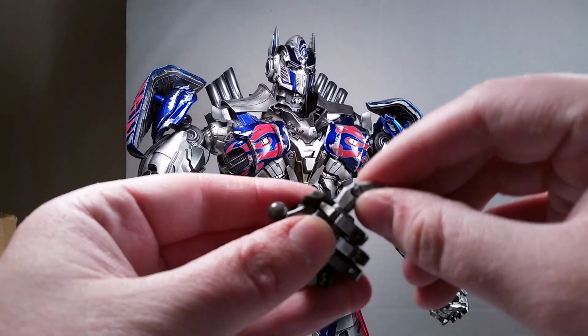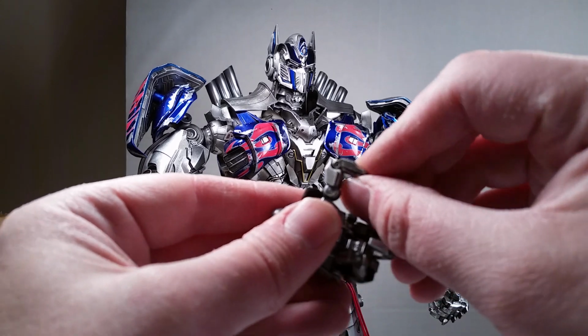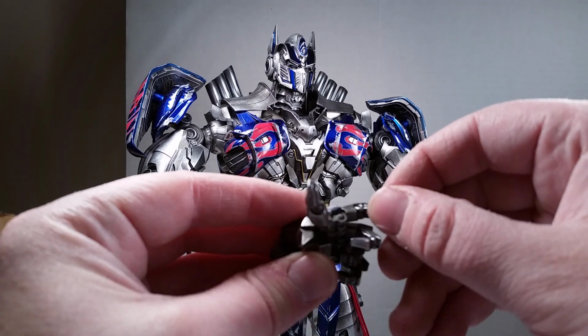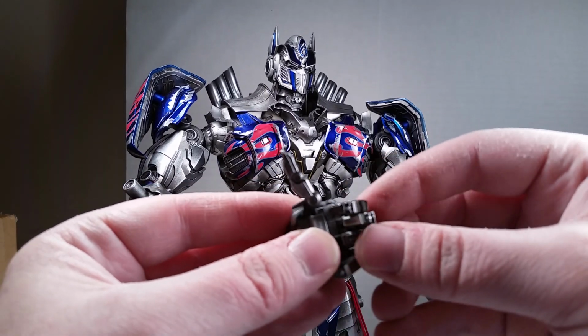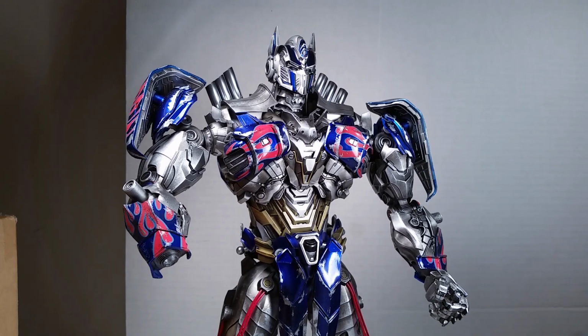You got a swivel up on the top thumb. It's on a ball joint, and it's on a swivel, and you can spin it. And you got this hinge right here. Same thing with these. You can spin them. They have a ball joint, and there's the hinges there. So good articulation on the fingers here. The ones I had on were his